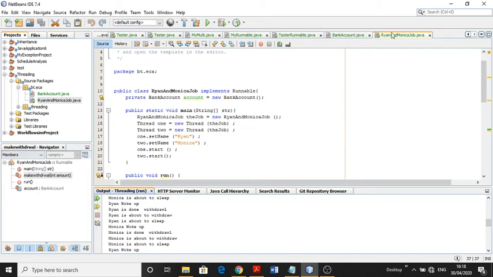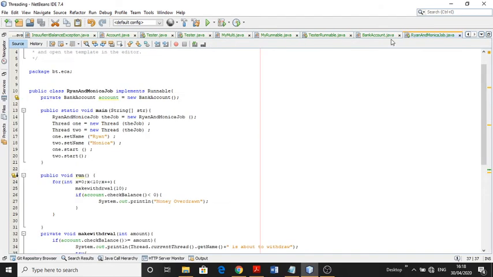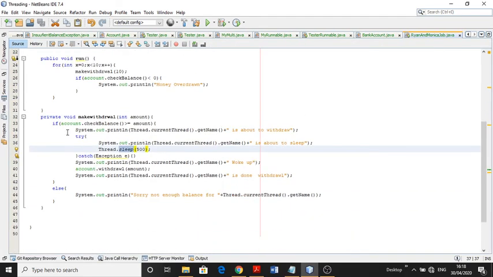So what is the solution for that? The solution is that we need to have a lock, and that key should be in the pocket of Ryan. He takes the key and unlocks the lock and withdraws the amount.